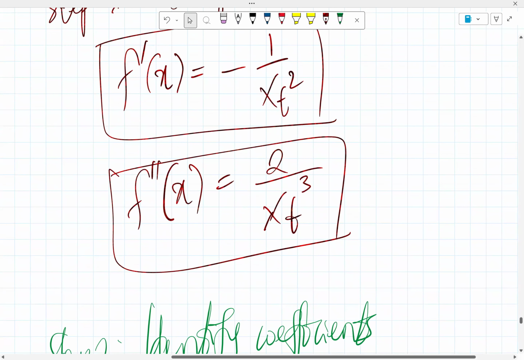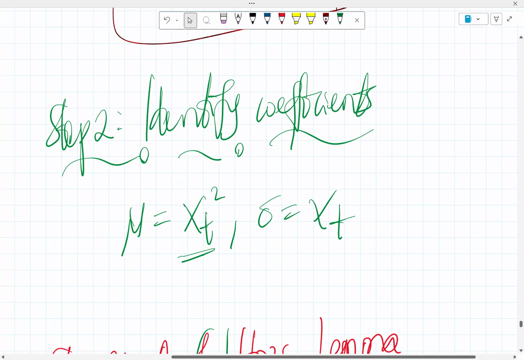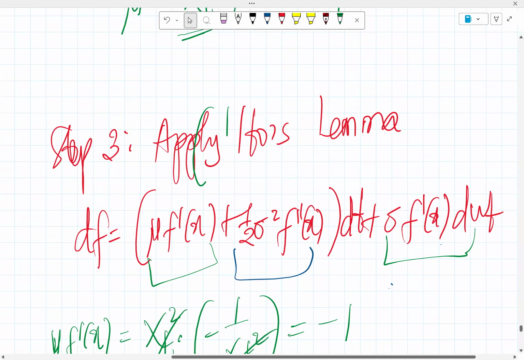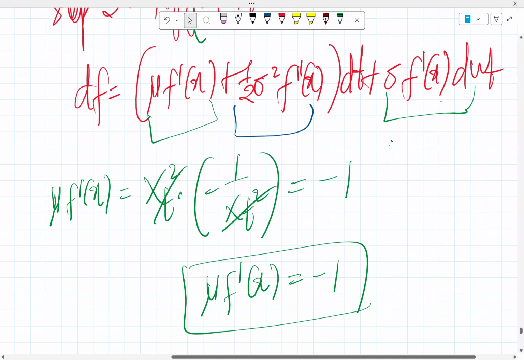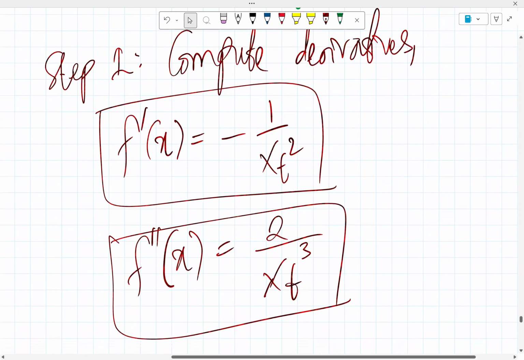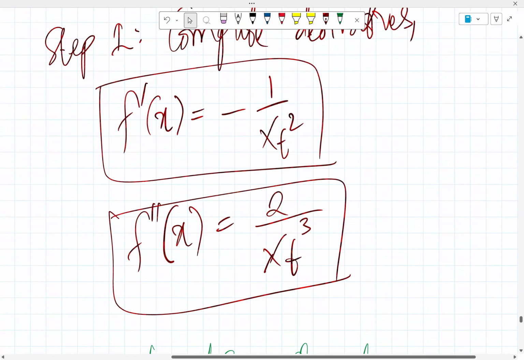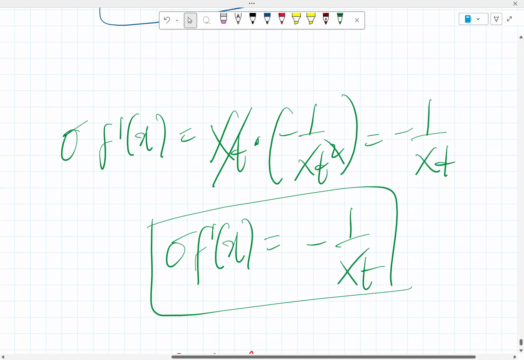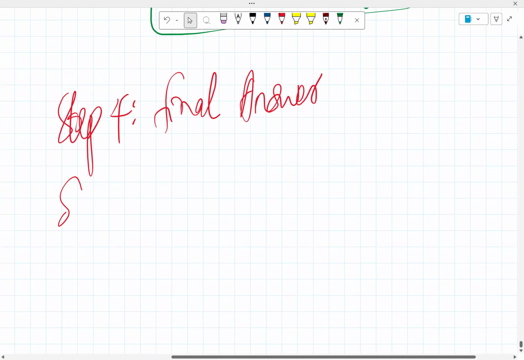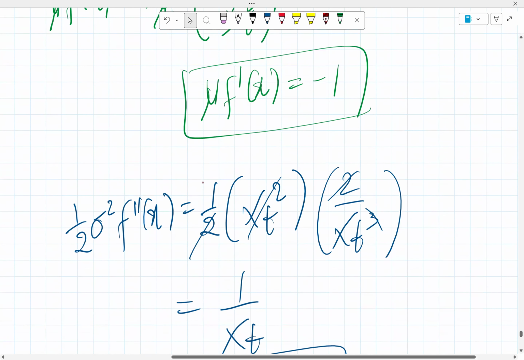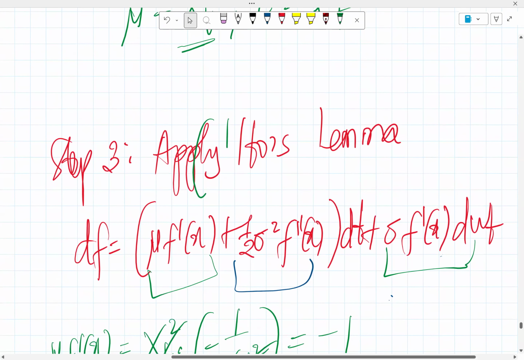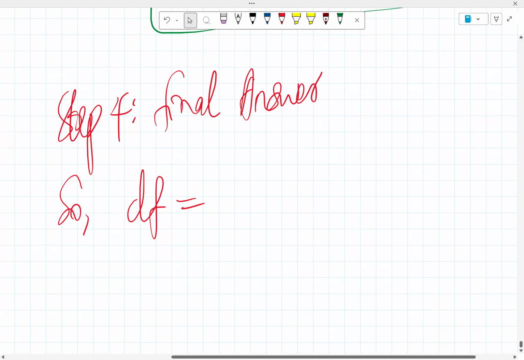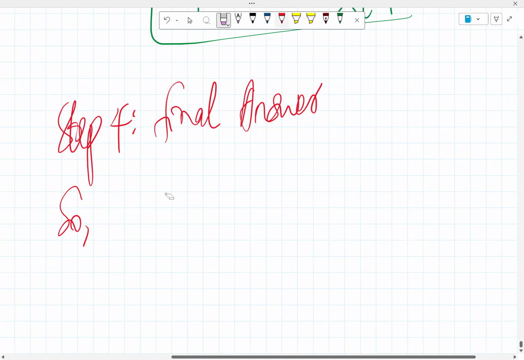What's the expression? So the f is all of these things, and we took f to be 1 over x sub t. Let me just go straight. So we know f is 1 over x of t, so we just write